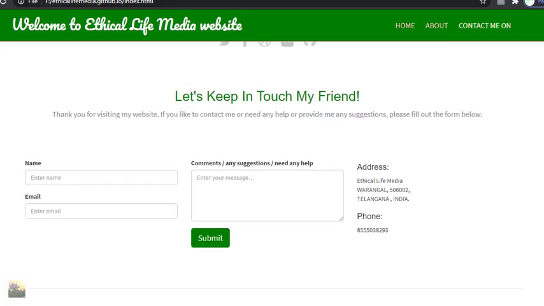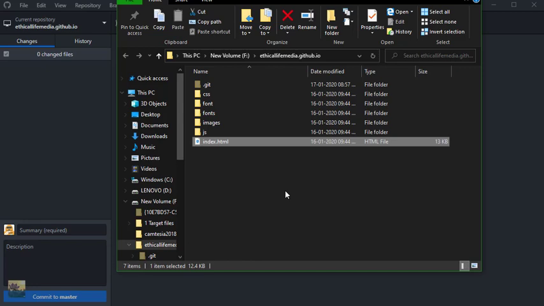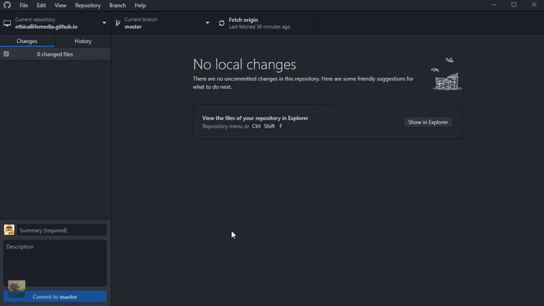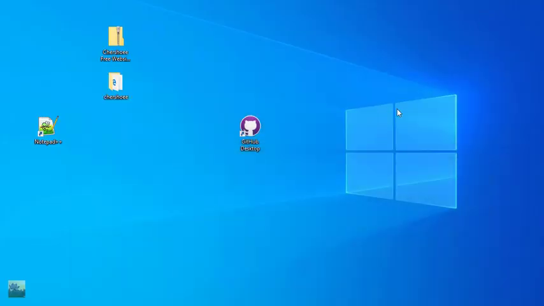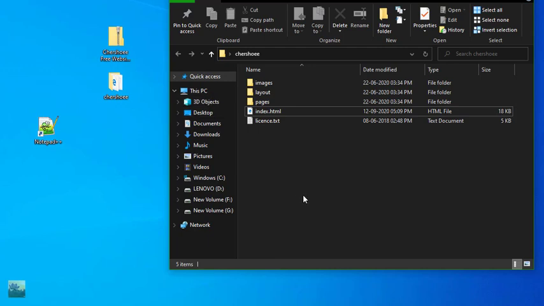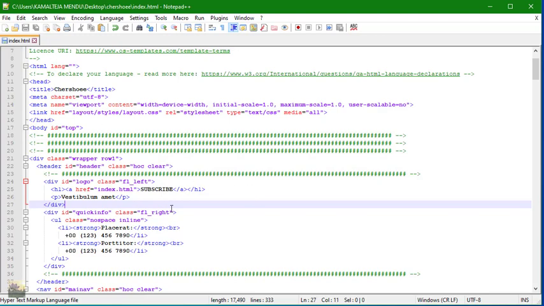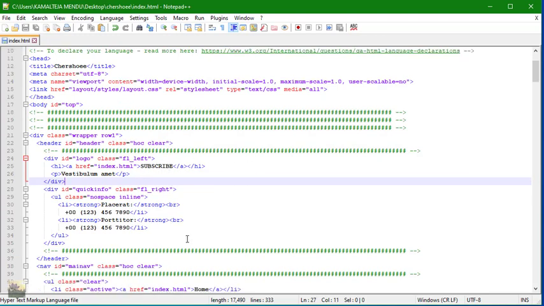Okay, I hope you are understanding everything. These things I already have, so they are appearing here. But you didn't do anything yet, right? What you have to do is upload it like that. First of all, we already downloaded this template, and we are already using it. Click on it, open with Notepad++. We are already making little changes and major changes also.